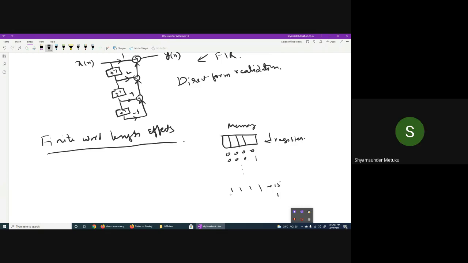The moment 16 comes, what is the result? Carry, and 0 0 0 0. Ultimately there is no place to hold the carry, so instead of representing 16, the output becomes 0. The reason is that my physical memory puts a constraint, a limitation, on the value it can store. Maximum is how much? 15. Not more than 15.